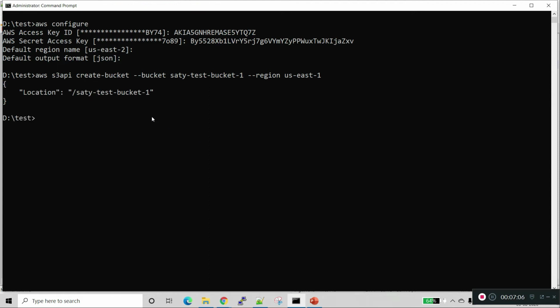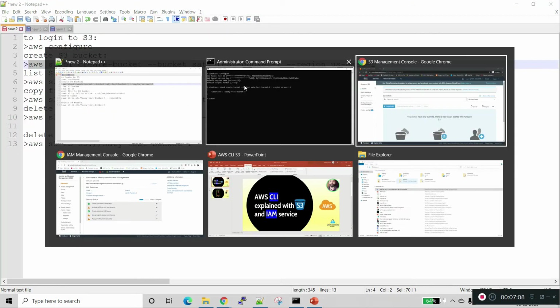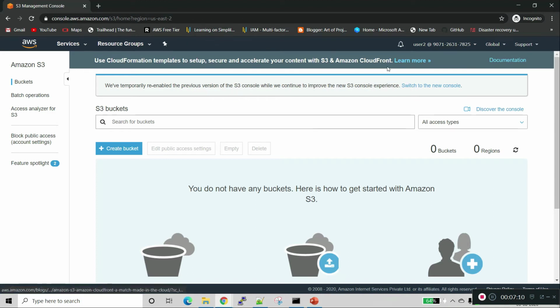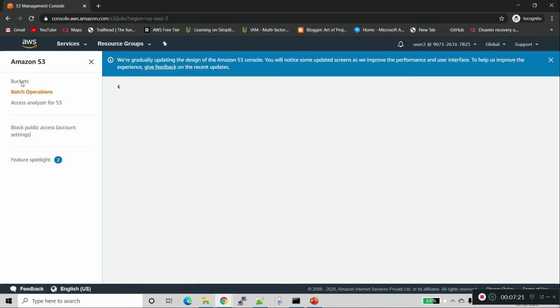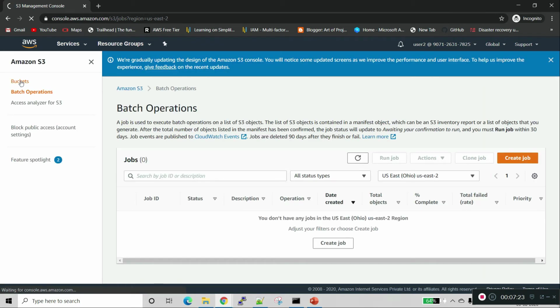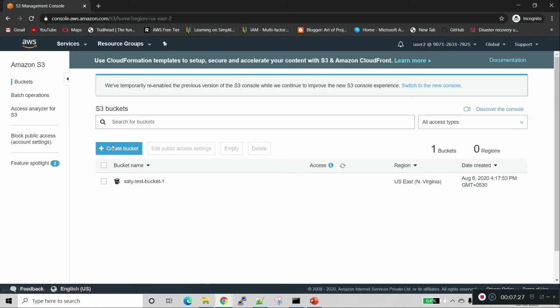So successfully the bucket is created. There is no error. Let's go and verify in our console. The bucket is created successfully.